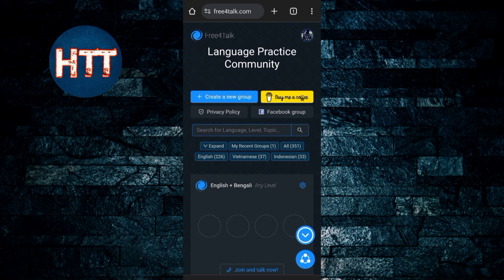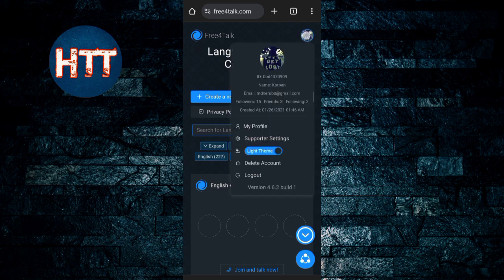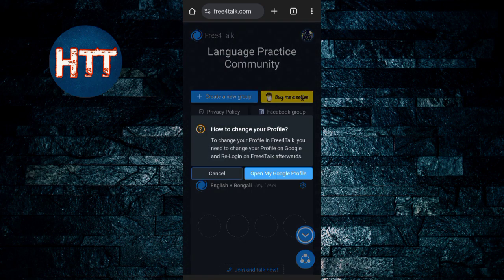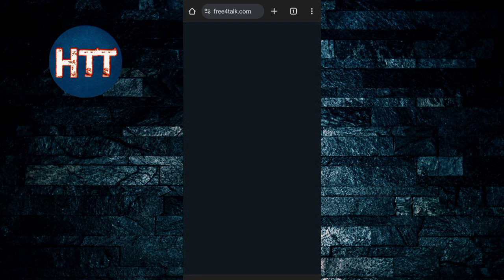So what you need to do, you need to tap on your profile. You can see at the top right corner of your screen, it's your profile icon. Simply tap on the profile. Once you tap on the profile, then you can see the option profile, my profile. Simply tap on my profile and you will see the option open my Google profile. Simply tap on open my Google profile,